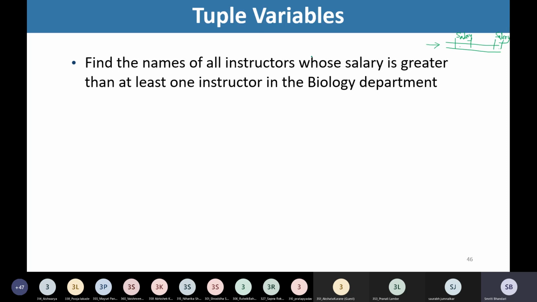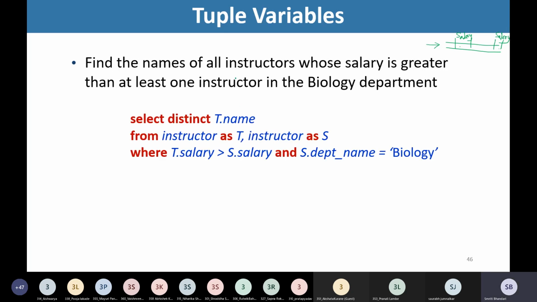So I need to make use of this instructor table twice while writing this query. So how am I going to write this query? Select distinct T.name from instructor as T, instructor as S. So two times I want to use the instructor table. Once I am referring to this table as T, at another instance I am referring to this table as